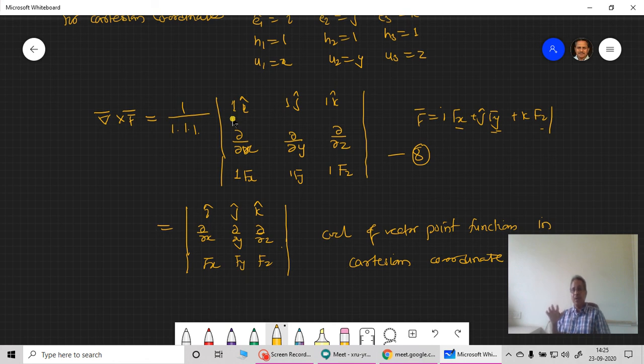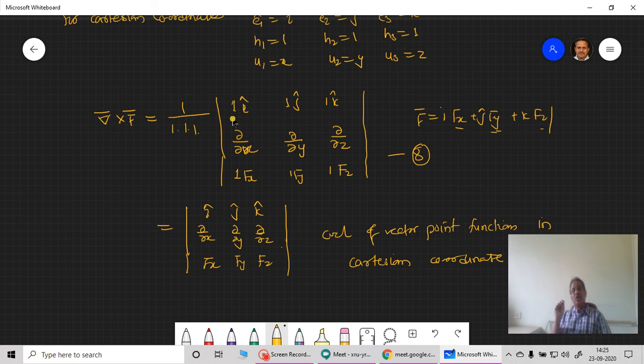So this is where we have finished one part of this chapter. In the next lecture onwards, we are going to discuss the applications of all the elements that we have obtained: length element, surface element, volume element, then the vector differential operator or gradient of a scalar psi, then divergence of vector function F, as well as curl of vector function F, as well as Laplacian of psi. All these elements are to be tested for the remaining two types of coordinate system, that is the spherical polar coordinate system, as well as the cylindrical coordinate system.